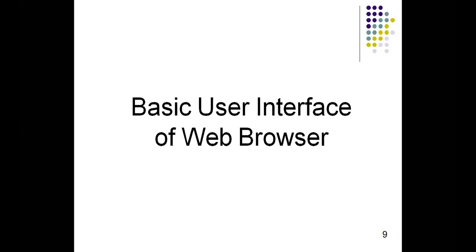So you understand what user interface is? User interface means simply that through which we can communicate with the software, through which we can give input to the software, through which we can get output from the software. Am I clear to you? Yes, sir. Okay. Now I would like to discuss the basic user interface of the web browser. Let me share my document with you.